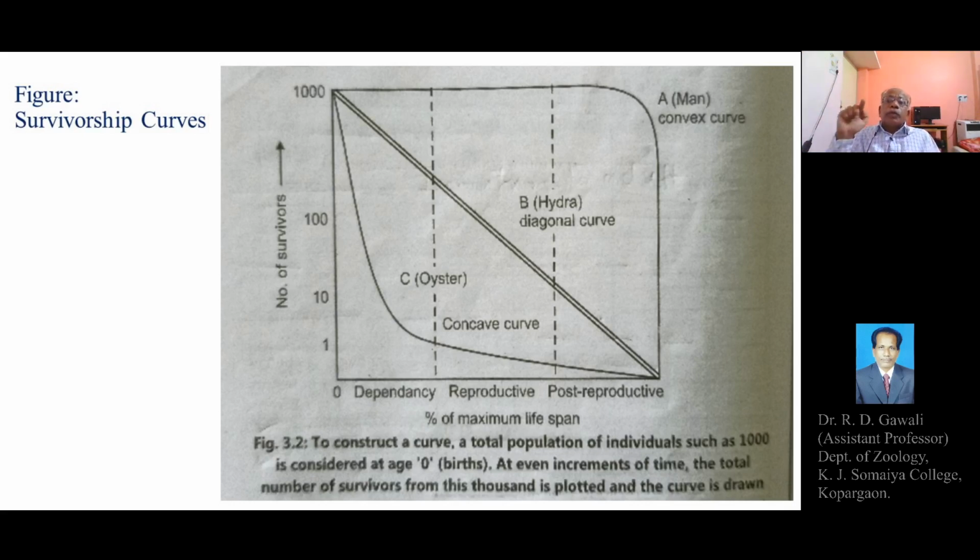So here the specific mortality rate is less, and individuals die after old age, or there is a natural death, meaning they survive, they live for their potential lifespan and then die. Then in the third case, the specific mortality, we are again considering the mortality rate of certain examples like bivalves or the oysters, then